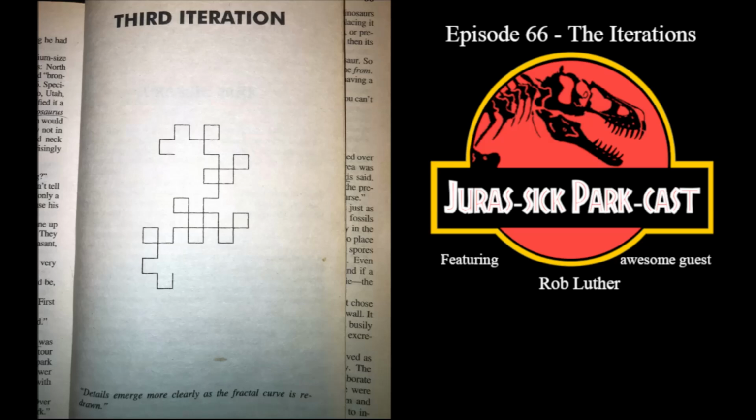Third iteration. By the third iteration, Malcolm's calculation says, quote, "Details emerge more clearly as the fractal curve is redrawn," on page 81, suggesting that the overall picture, with warts and all, begins to present itself. You begin to see a more realistic vision for the park. How have the dinosaurs and their alien behaviors affected it? Some are getting sick, we're told on page 139. The stegosaurs frequently get blisters on their tongues and diarrhea for reasons no one yet understands, even though we've lost 2. The Triceratops females kill each other in fights for dominance and have to be separated into groups smaller than 6. We don't know why. The Tyrannosaurs drink the lagoon water and sometimes get sick. We aren't sure why. Hypsilophodonts get skin rashes, and the Velociraptors.